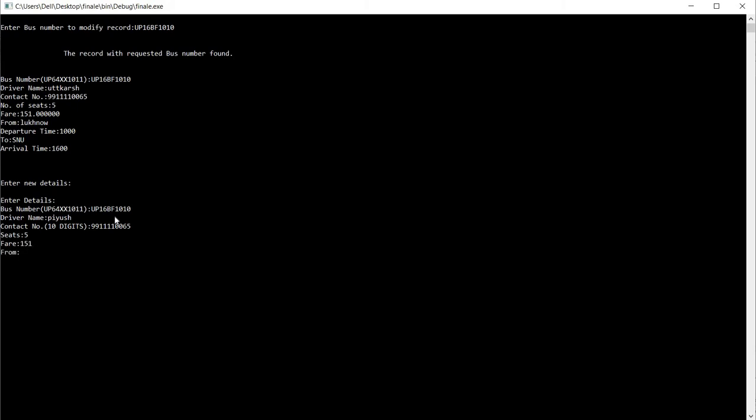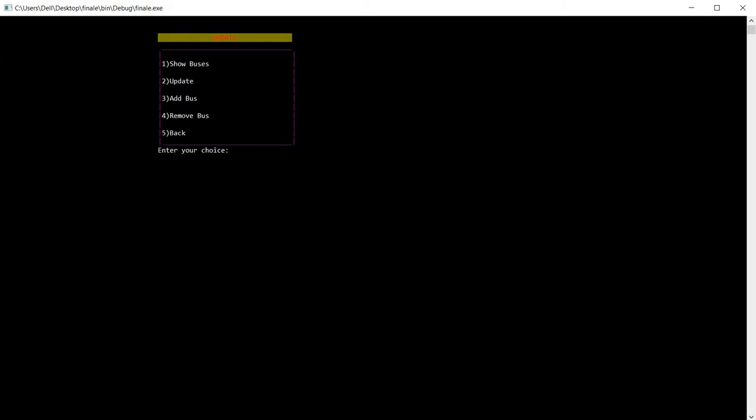Let's exchange the locations: from, it was Lucknow earlier, to SNU. Now it will be from SNU. Departure time 10 a.m., to Lucknow, 1600. Right. So the file has been modified successfully.